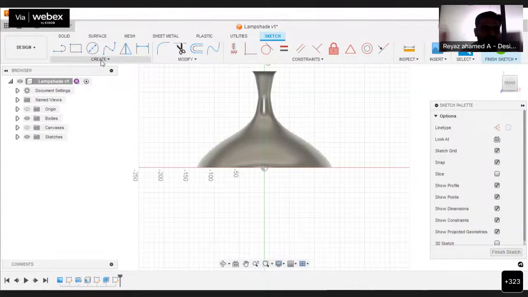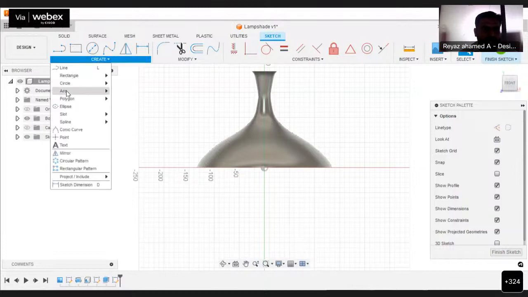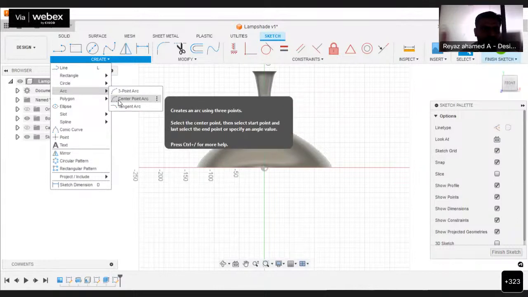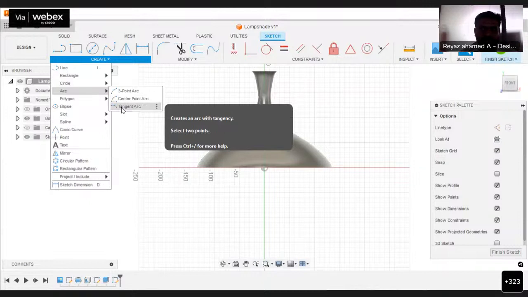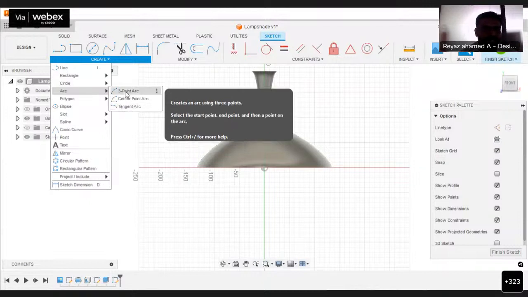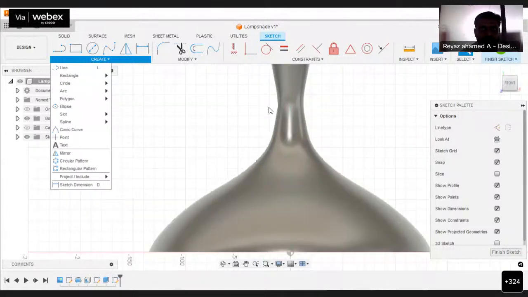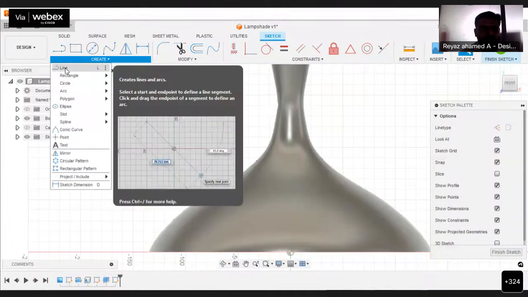Let me choose an arc option. In arc, there are different kinds of options: 3-point arc, center point arc, and tangent arc. Let me choose the 3-point arc. But before that, let me choose a line, because that pipe has to be inserted in this line.